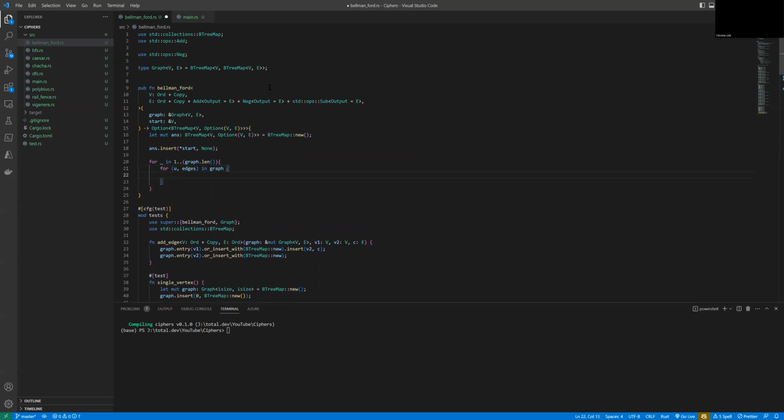And we now take the variable distance of the u from the for loop above, and we get the optional vertice from that,